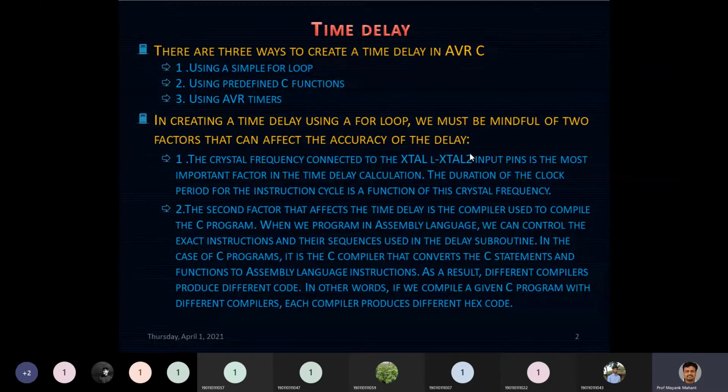Let us discuss this. What are the factors? The first factor on which the delay generated with the help of a simple for loop depends is your crystal.